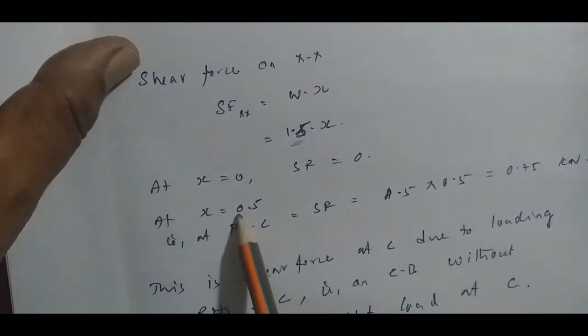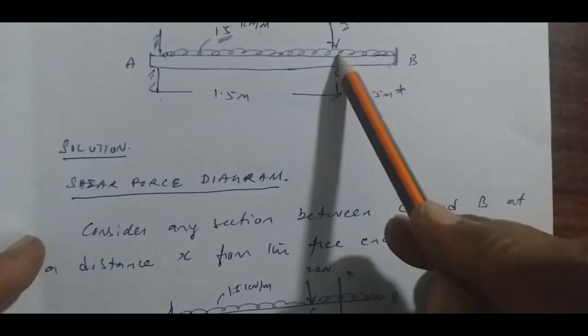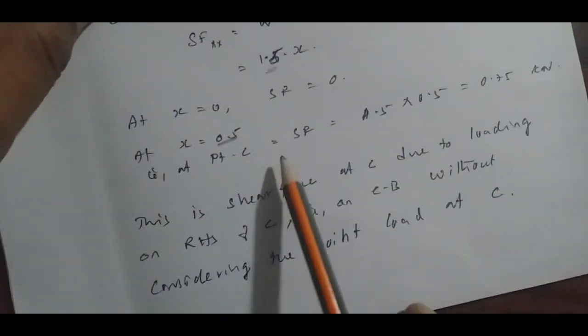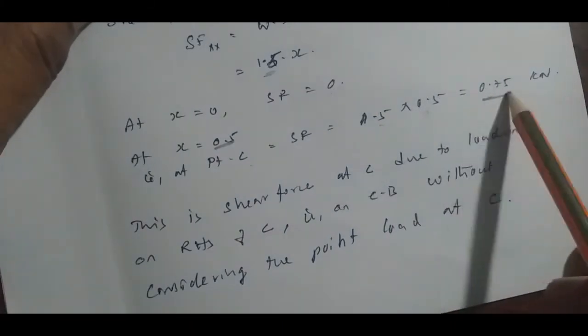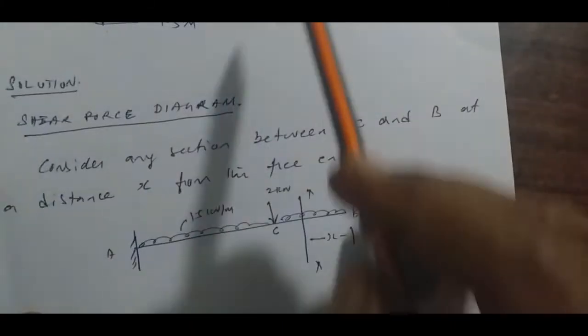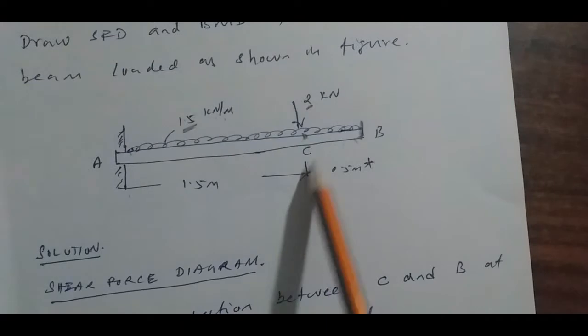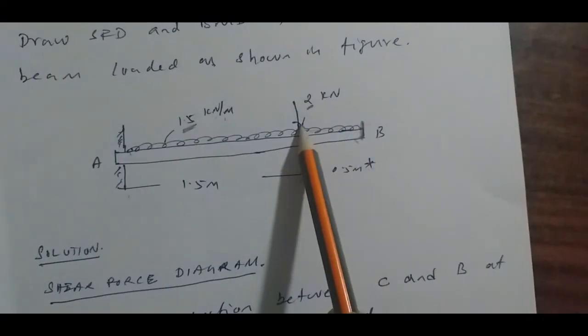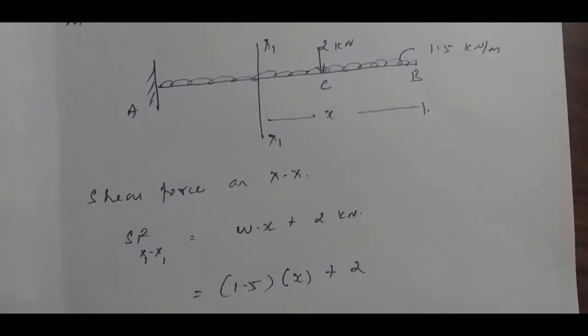At x is equal to 0.5, that is this point. Substitute the value of x is equal to 0.5, and the shear force value is 0.75. So at this point, we have calculated only this load. The load at this point is not considered. So to consider the load at this point also,